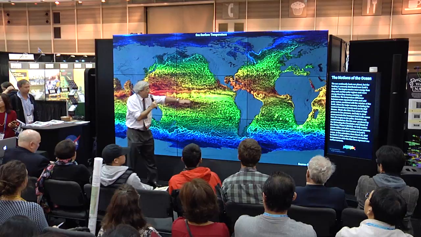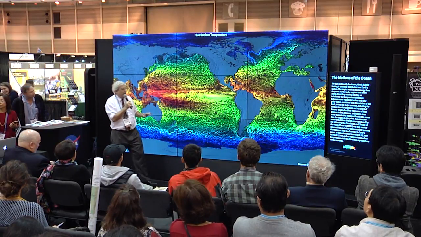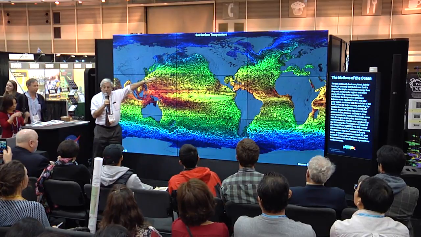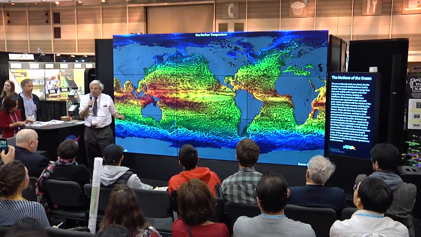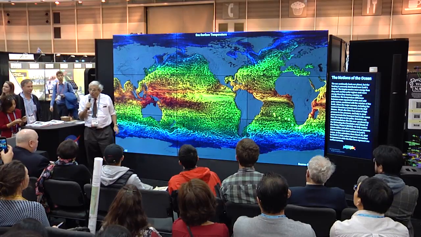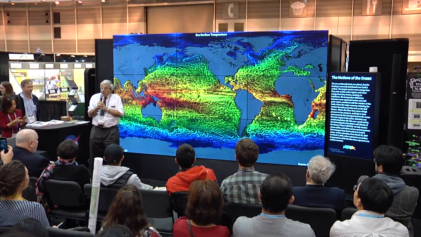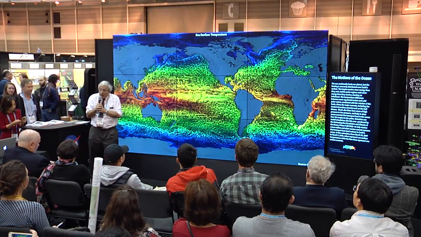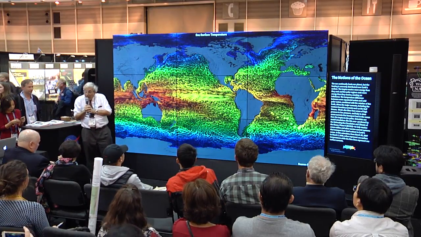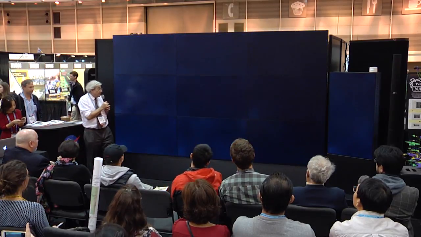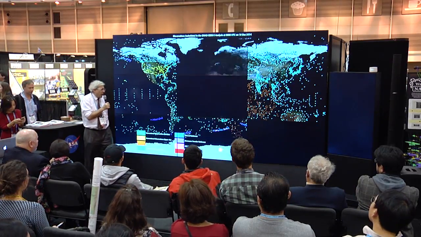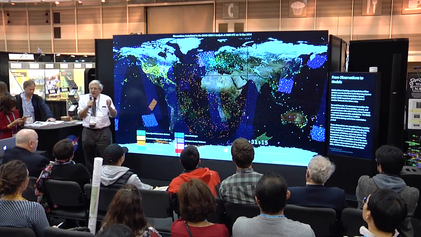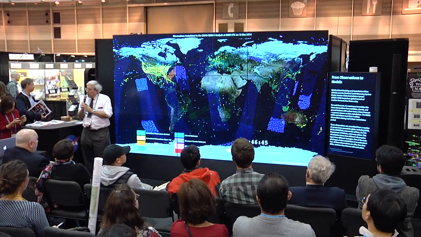Sure, you can see things like equatorial currents if you more or less squint, or the Gulf Stream, or the Kuroshio, the western boundary currents, but in fact, the dominant feature of oceanic circulation is the mesoscale eddies in the ocean, just as they are, by the way, in, say, Jupiter's atmosphere. Next, please. But it's a much more difficult problem to make sufficient measurements and to have enough dynamics in models in order to predict